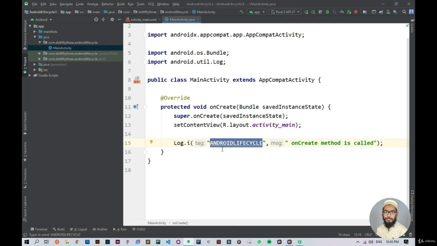Activity cycle maybe, in the caps of course, or we can only say tag. Okay, my tags. Okay, so now let's move on to the second method of the Android lifecycle, that is onStart